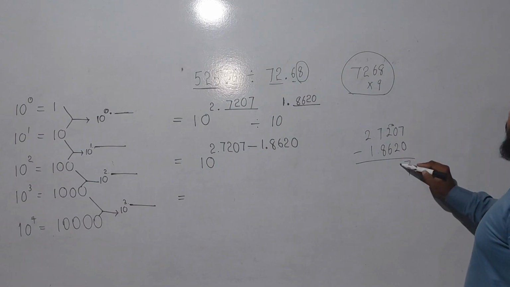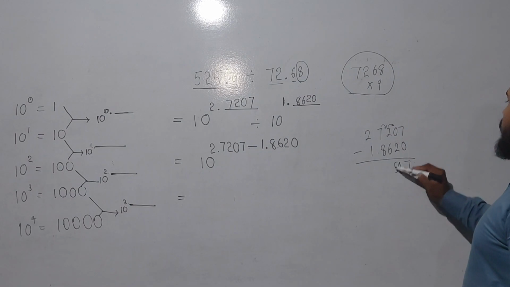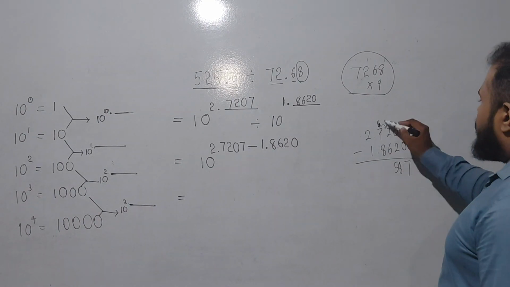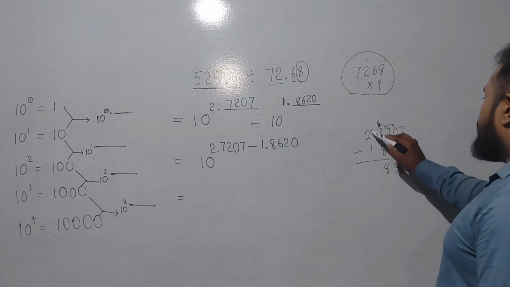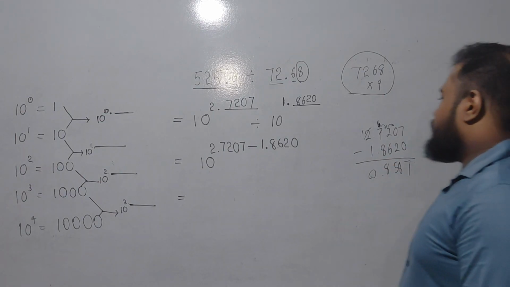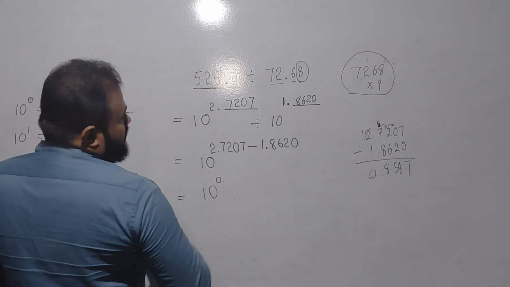Take 1. 10 minus 2, 8. Now this is 1. Take 1. 11 minus 6 is 5. Now this is 6. Now 7. Take 1. 16 minus 8 is 8. Now this is 1, not 2. 1 minus 1, 0. It gave us 10 to the power